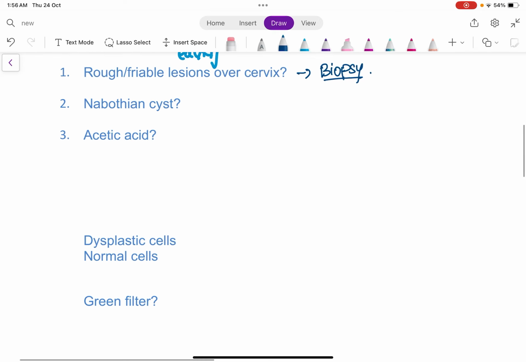Yes. So what is a Nabothian cyst? Are you going to take a sample from a Nabothian cyst? A Nabothian cyst is actually a blocked gland present in the cervix. We all know that this Nabothian cyst is because of a blocked gland in the cervix. So because of the blocked duct in the cervix, you're not going to touch it. You're not supposed to take a biopsy from the Nabothian cyst, which is basically a blocked duct, right? Okay. So I told you that in the cervix, if there are any rough friable lesions, you're going to take a punch biopsy. And if there is a Nabothian cyst, you are not going to disturb it. You're not going to take